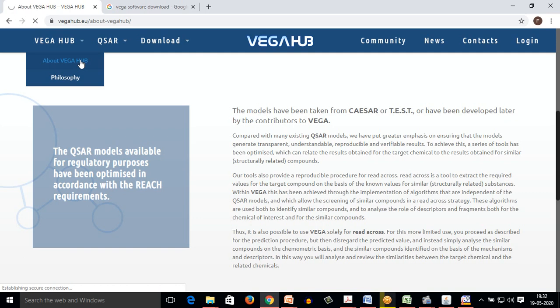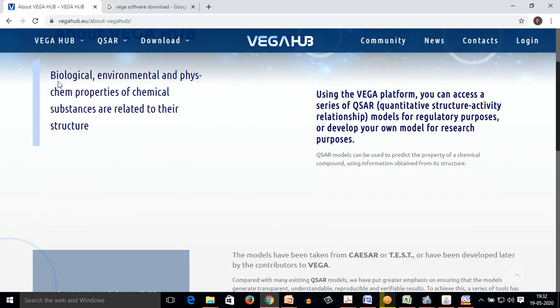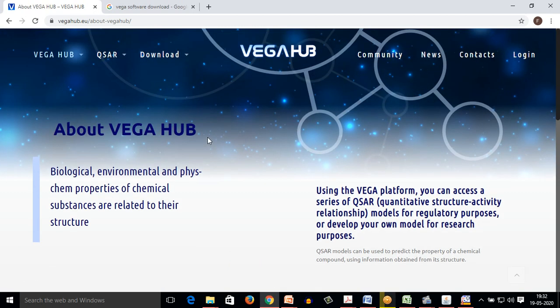When we go to the about section of this software, we get to know that this is particularly helpful for calculating the biological, environmental and physicochemical characteristics of the chemical substances of our desired interest.